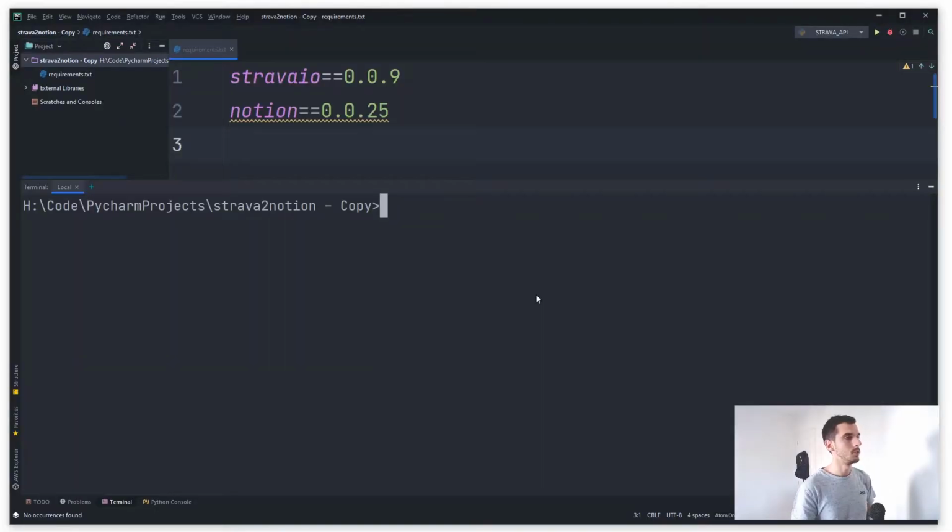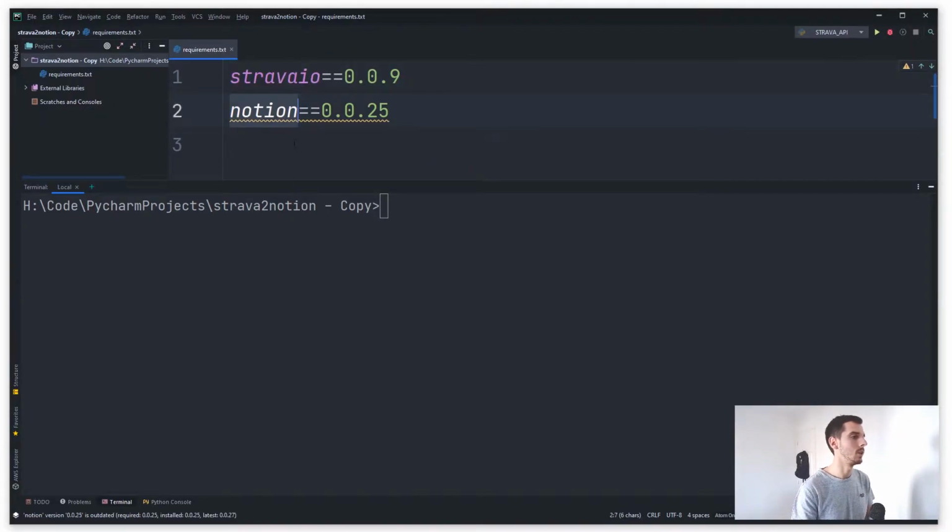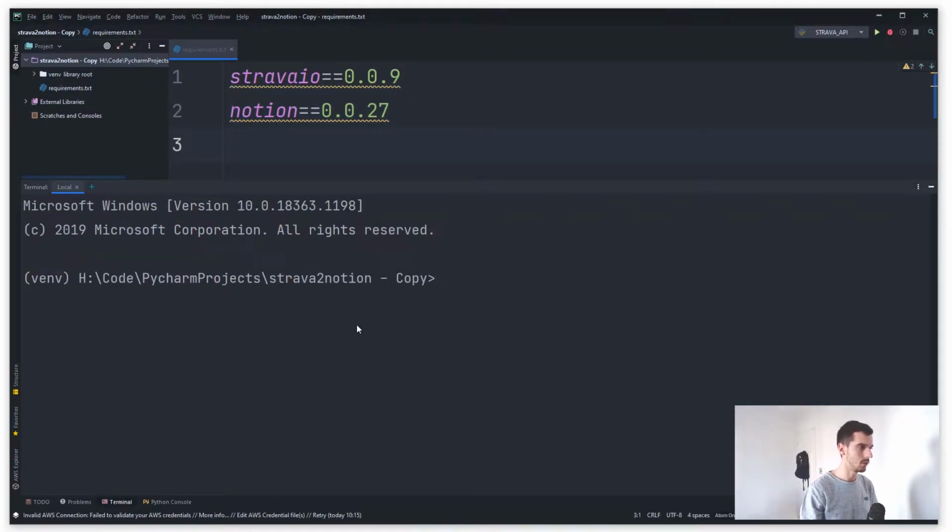So I've jumped over to PyCharm now, and basically we need two packages in order to run this. We need something called stravalib in order to pull your Strava data out, and we need Notion version 0.0.27, which is the latest one. Cool, so now we've created our virtual environment, we can do pip install -r